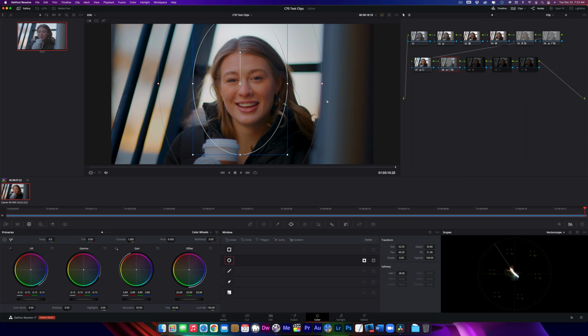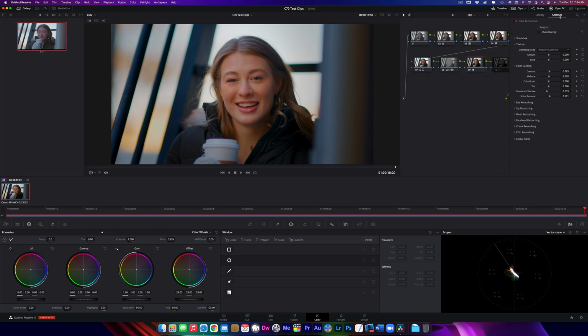Now, once I'm happy and satisfied with this, and of course you could extend it or shrink it depending on whatever it is that you're trying to accomplish. Once I'm happy here, then my next adjustment is again about refining the face. And this is where I said I use face refinement. And if I show you what I did here,